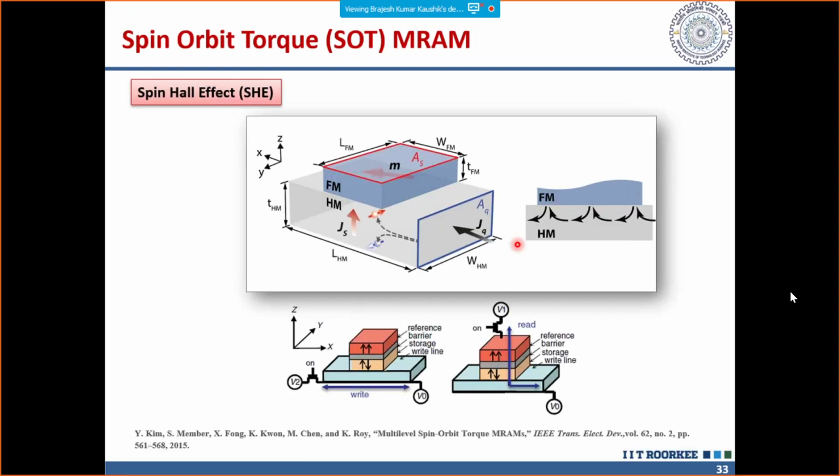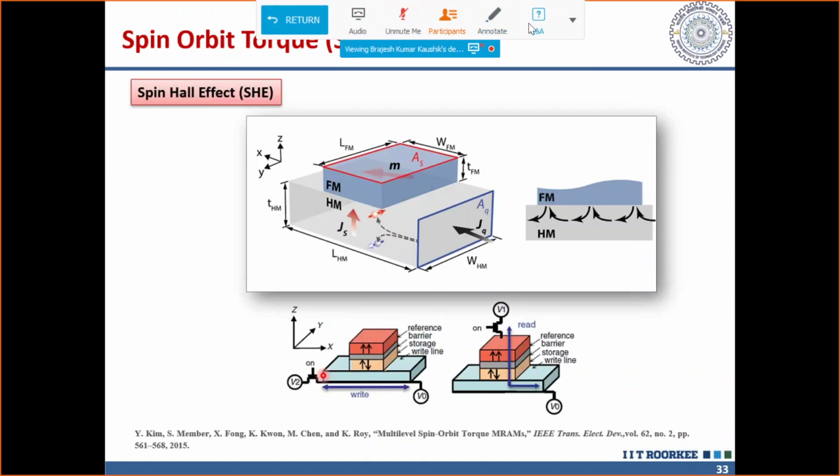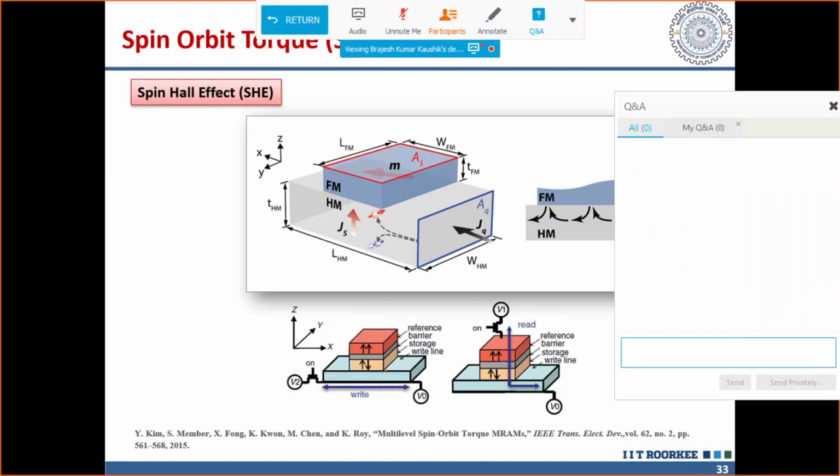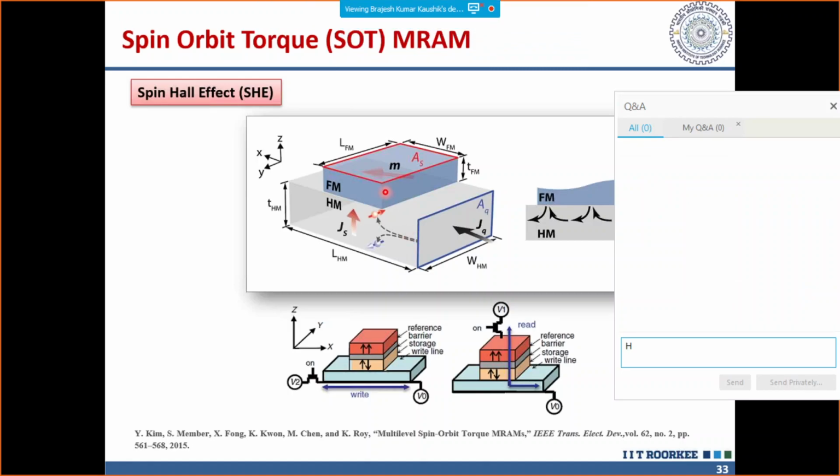So spin orbit torque MRAM is another class of memory element that we have. Here you can see that you have this MTJ sitting on this heavy metal layer. You have this ferromagnetic layer which has an interface with the heavy metal. So this is the ferromagnetic layer on the top, which is the reference. Then you have on the bottom of this